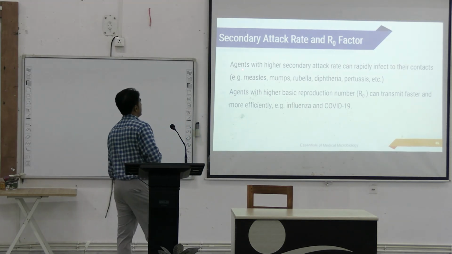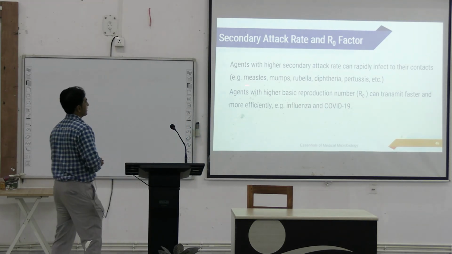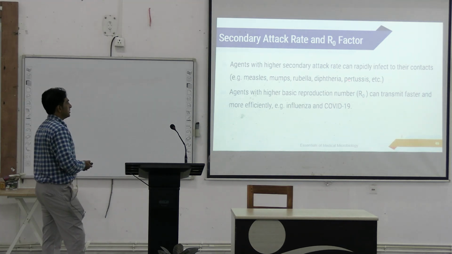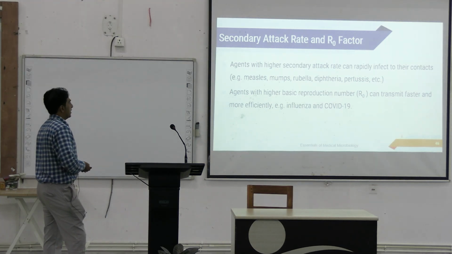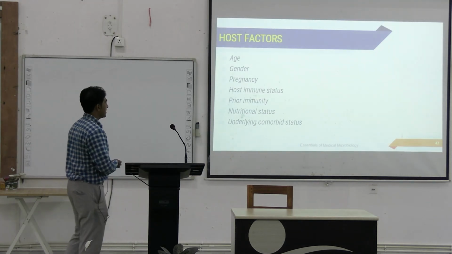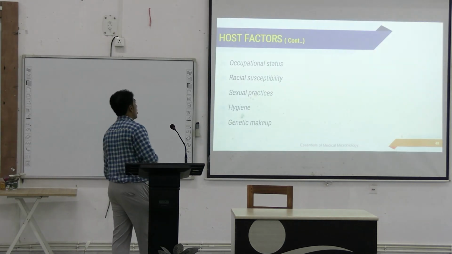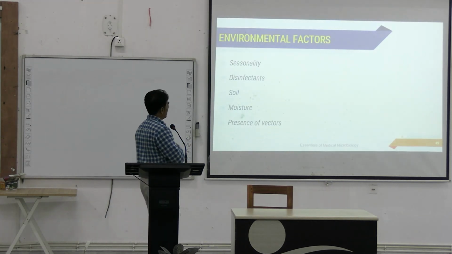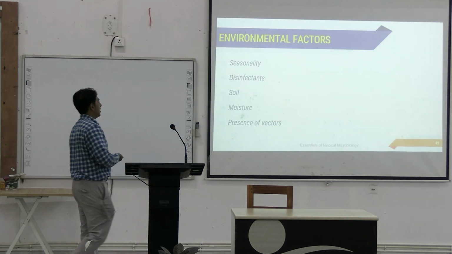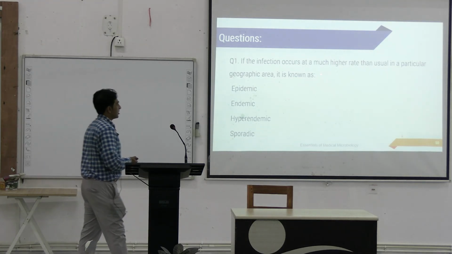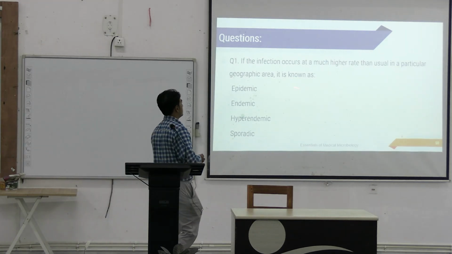Secondary attack rate: agents with high secondary attack rate rapidly infect their other contacts like measles, mumps, rubella, diphtheria, pertussis. Host factors are age, gender, pregnancy, and দেখলাম আমরা, অকুপেশন স্ট্যাটাস, রেশিয়াল সাসেপ্টিবিলিটি, সিজনালিটি, এগুলো আজকে এখনই হয়ে গেল, ডিসইনফেক্টেন্ট, সয়েল, ময়েশ্চার, প্রেজেন্স অফ ভেক্টরস।